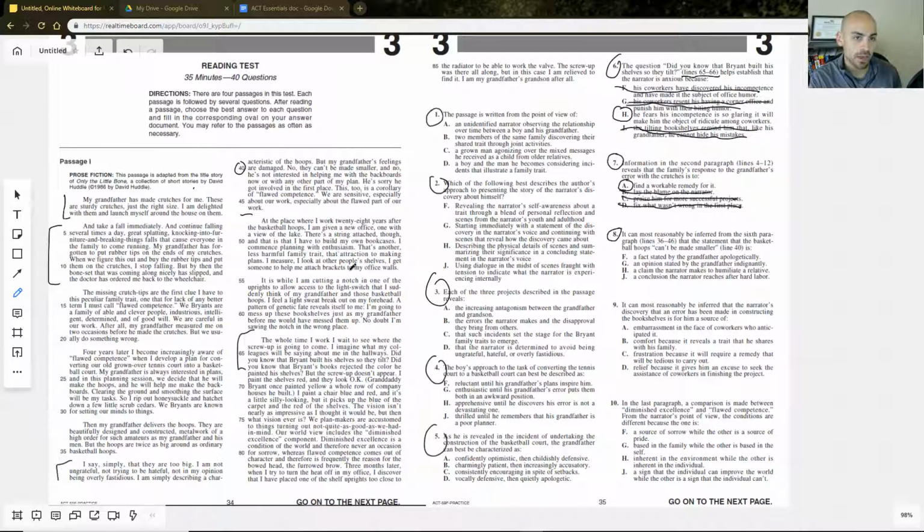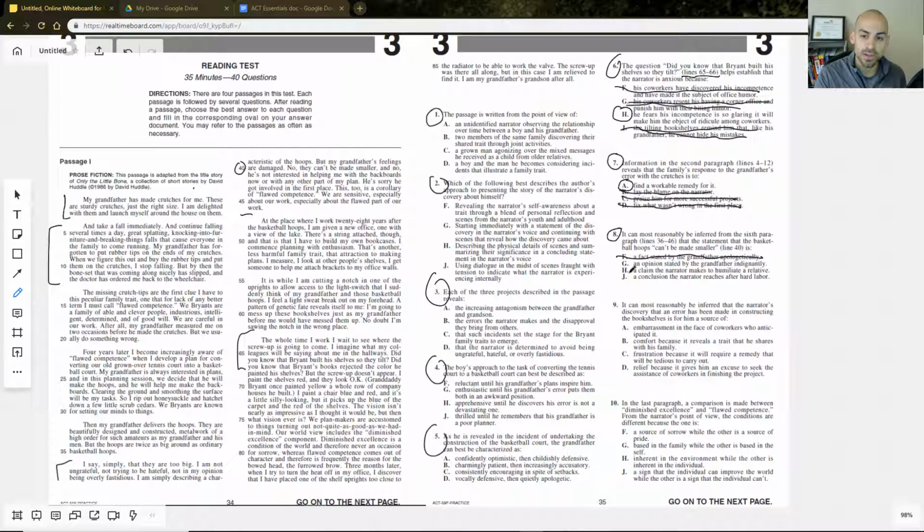So generally speaking, we see that there's something wrong with the hoop that grandpa built, and grandson pointed it out. So what we see here is the line that can't be made smaller. What's the context now of that statement? Is it a fact stated by the grandfather apologetically? No, there's not. He doesn't say sorry. He's not asking to correct it. He's actually saying that it doesn't make sense. An opinion stated by the grandfather indignantly. I'm going to be very honest. I didn't even know what that word meant when I first read this, so I actually skipped this.